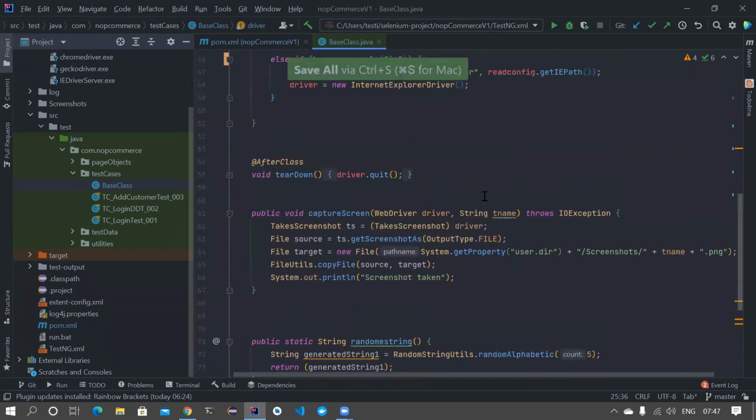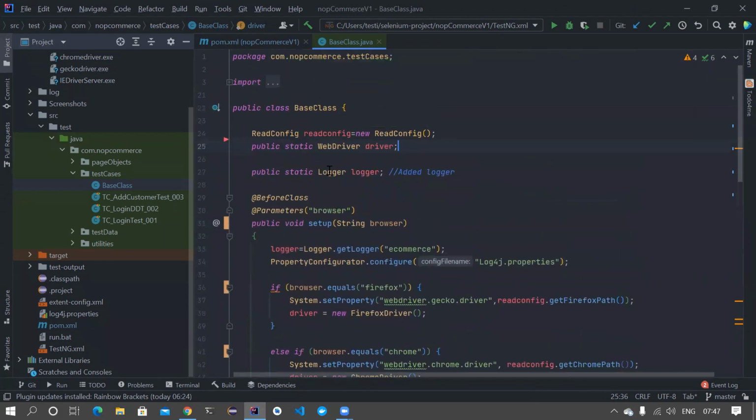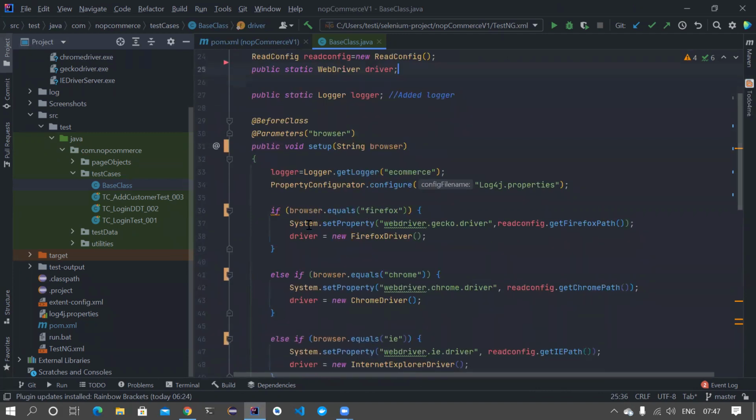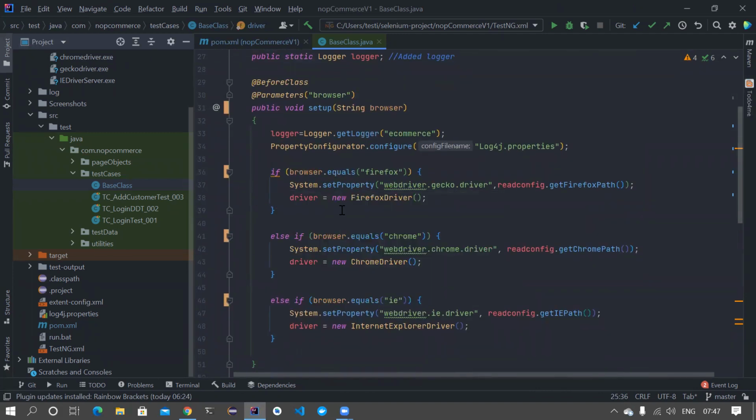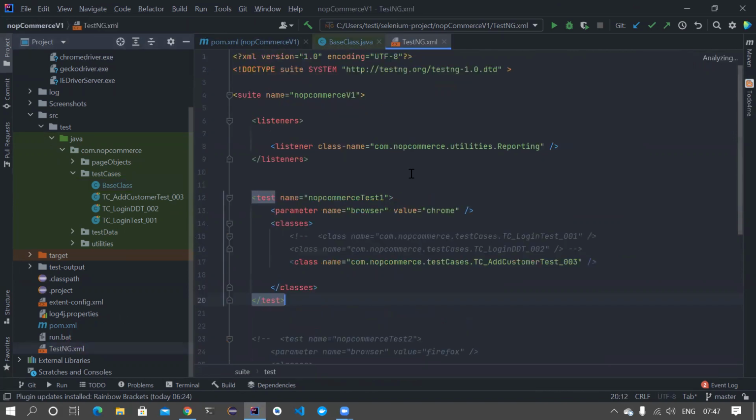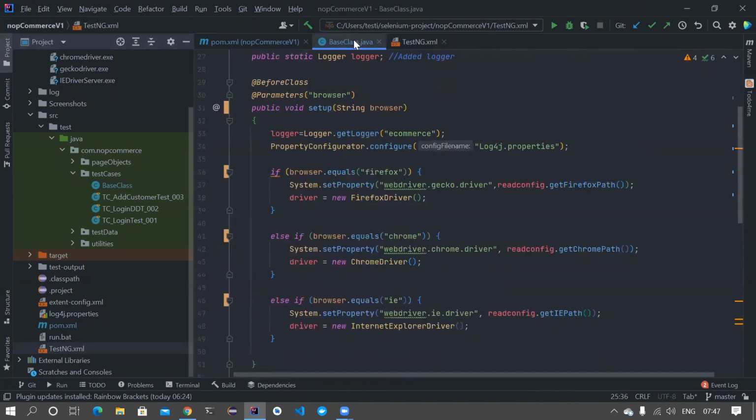So yeah, again, this class does a lot of things. We want to optimize this class, but for now, let's try to make this code work. Again, if you notice, in the testng.xml they are passing Chrome, right? So if you're passing Chrome, why can't you have this particular check in the first place?